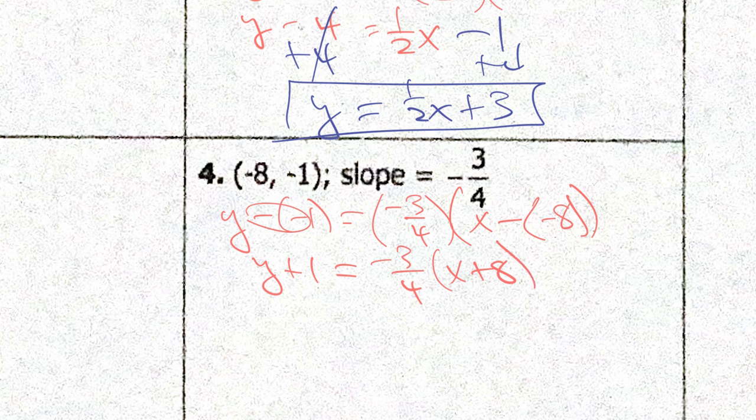It's a good guess. Sometimes it's good to be a good guesser, right? Okay? Everybody okay so far? Watch out for your sign changes. Plugging in a negative x or y value into this form is going to prompt a sign change. Okay, look what we're going to distribute here. We're going to distribute a negative 3/4. So y plus 1 equals